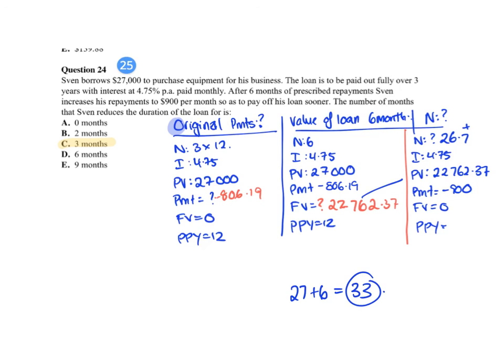Now the original loan was 3 years monthly, PPY 12. So that would have been 36. So how many months did he save? 3 months. Now this was a big question. It's the last one in the exam. So you can see how the level of difficulty increases, and there were like 3 things I had to